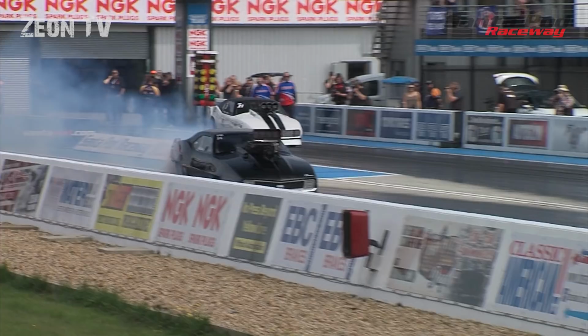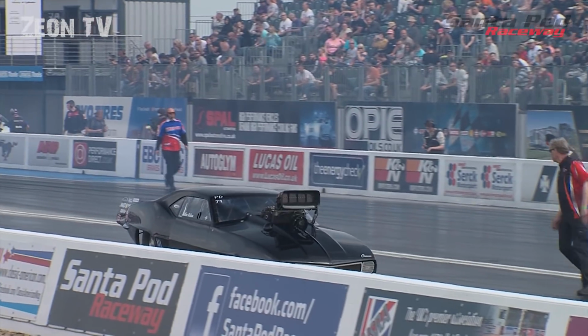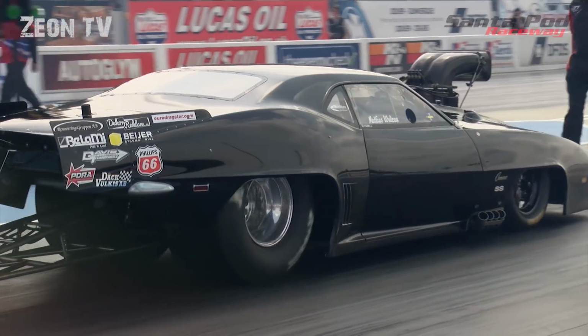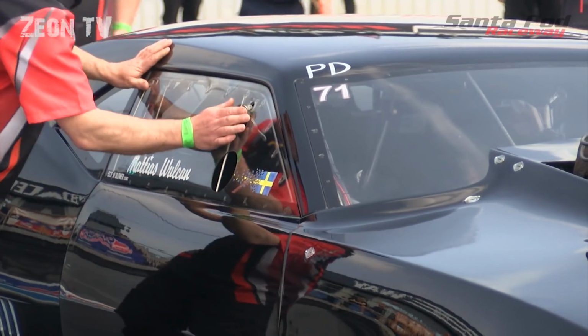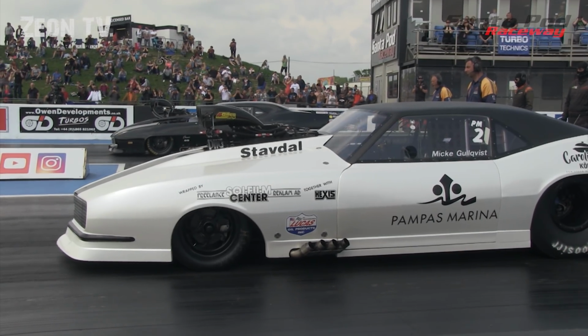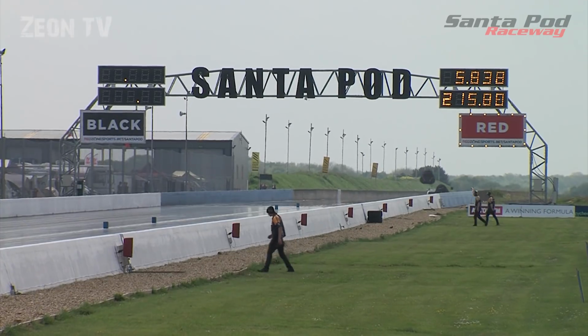This is a rematch of a year ago. Legal Pro Mod on the far side with Mickey Gallquist taking on basically a spaceship on 4 wheels. That is Matthias Vulcan, owner of the quickest timing slip in Europe for a door car down in the 550s. That's his crew chief, Pelle Eriksson, closing the door. Now, if they both get down the racetrack, this could be one hell of a race, but Mickey G's got a new combination in there. As yet, hasn't quite got to grips with it. He's not going to get to grips with Matthias again. Another win for the Blackbird. 583 at only